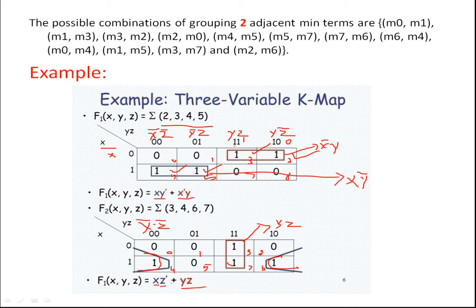So this is how students normally try to solve problems using K-map for 3 variable Boolean expressions. Hope you have understood this example. In the next video we'll be working on more examples of 3 variable, and we'll also be looking at 4 variable K-map.